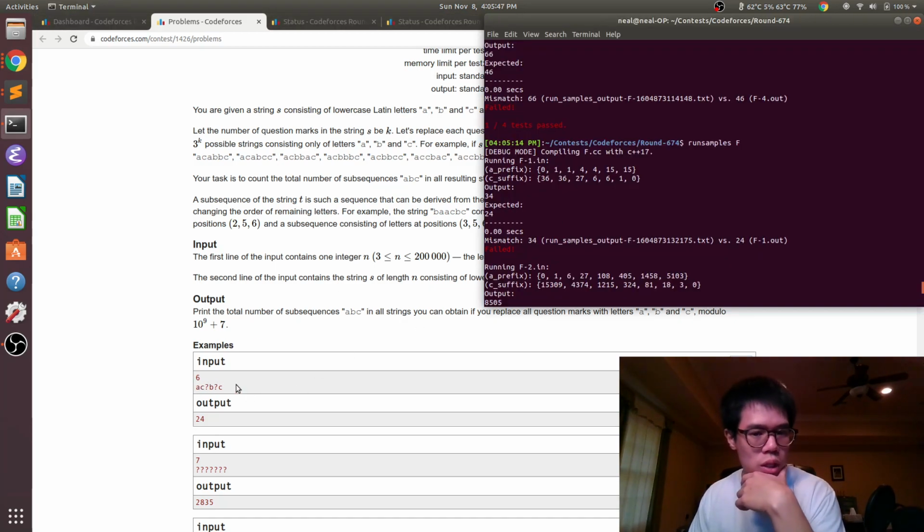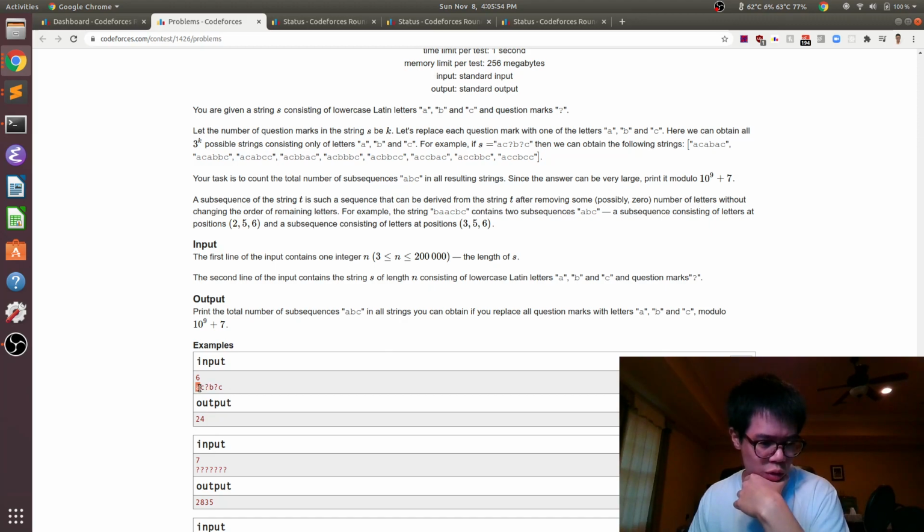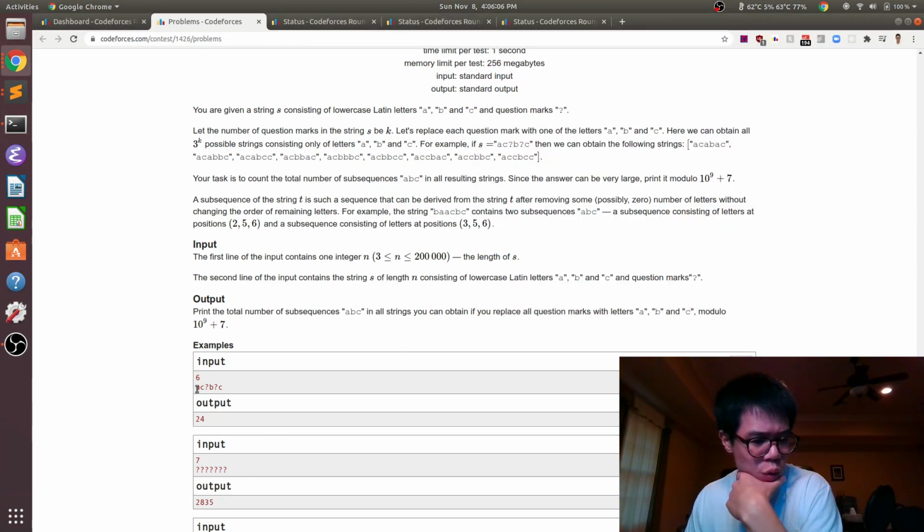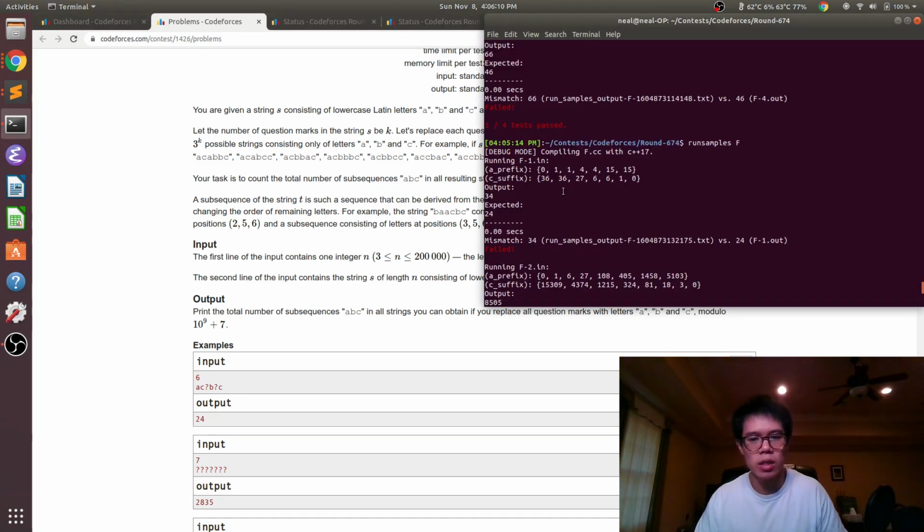And that makes sense because we have 1 from this question mark and 3 from this A, because we have 3 choices of the question mark at that point. And then after the 5th prefix, it's 15. And that looks right too, because it's 9 plus 3 plus 3. So I think A prefix is correct. It looks like C suffix is the one that is too big. Yeah, so we're getting 6 here for some reason.